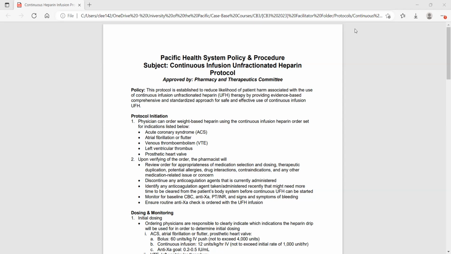or AFib. And the reason why most hospitals have a heparin protocol is because heparin is considered a high risk medication. The adverse events, if we don't appropriately put them on the right dosing of heparin, and if we don't monitor it, they can bleed, right? And it can be very fatal if we are not careful with this medication. And another thing is that because of its high risk, we have to monitor the patients very frequently, and